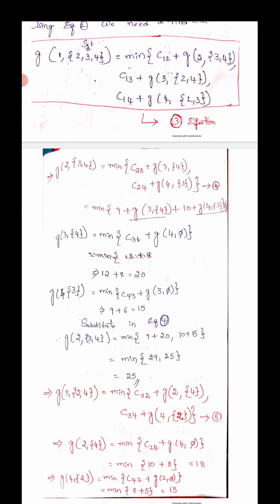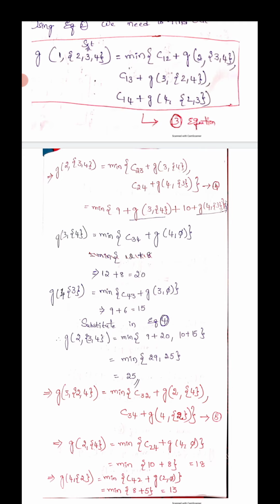Okay, c suffix ij, in the sense I is the starting vertex 2, j in the sense 4, c suffix 2 4 plus g of j, how much can we write there? 4 comma next set, in the sense 3 comma 4 minus j, in the sense 4, 4 gets cancelled. How much remains there? 3. Okay, this is nothing but equation number 4. Now we can solve equation number 4.